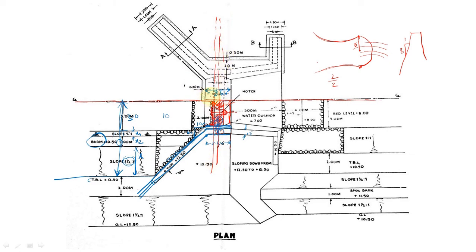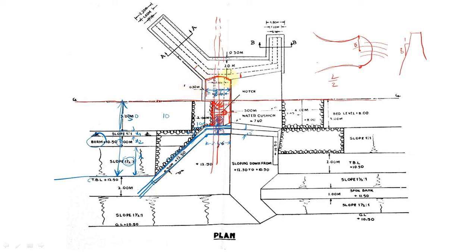So first go with the bottom plan. What you can see is the drop wall on either side, and these lines are sloped lines. That's why you can see these dotted lines. That means the joint is inclined. Here it is horizontal, but here it is inclined. You can see.